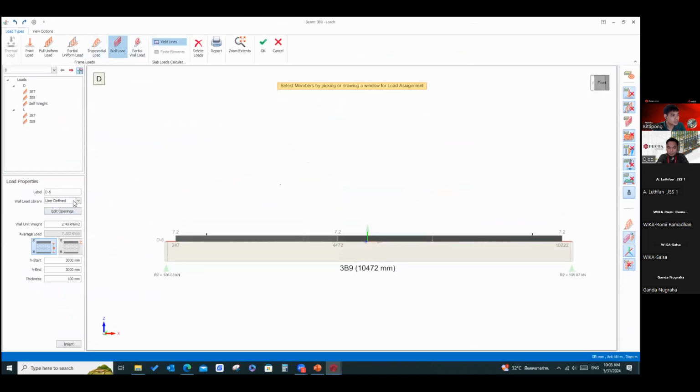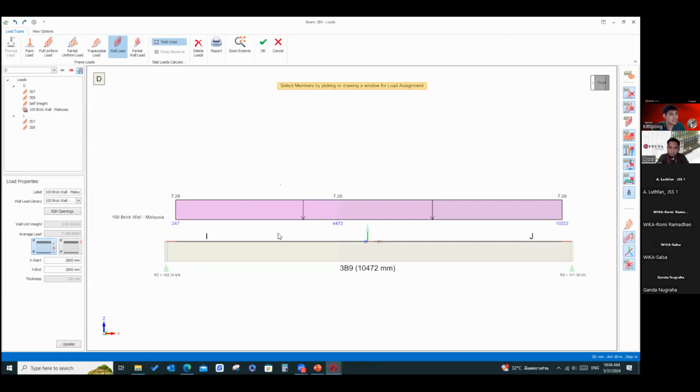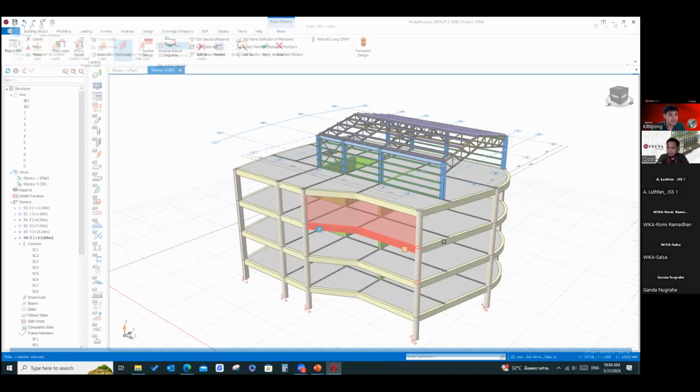I'm not sure about Indonesia, so I'm going to use Malaysia for this. Just input the height of the story, maybe 280, like this, and done.